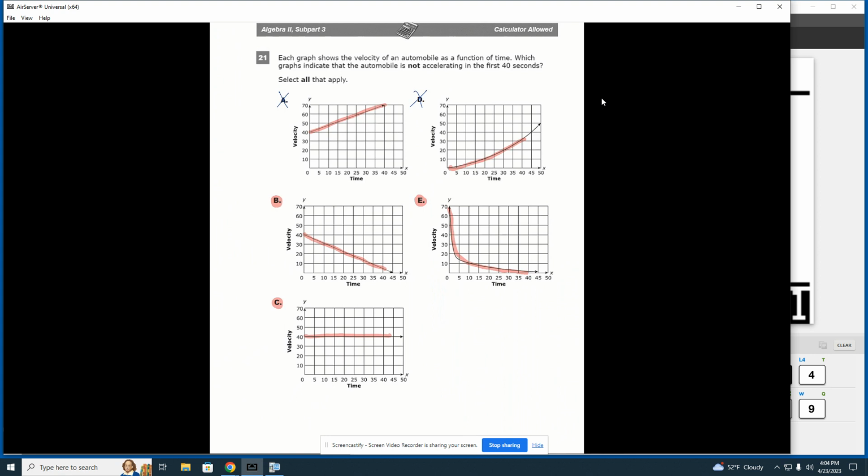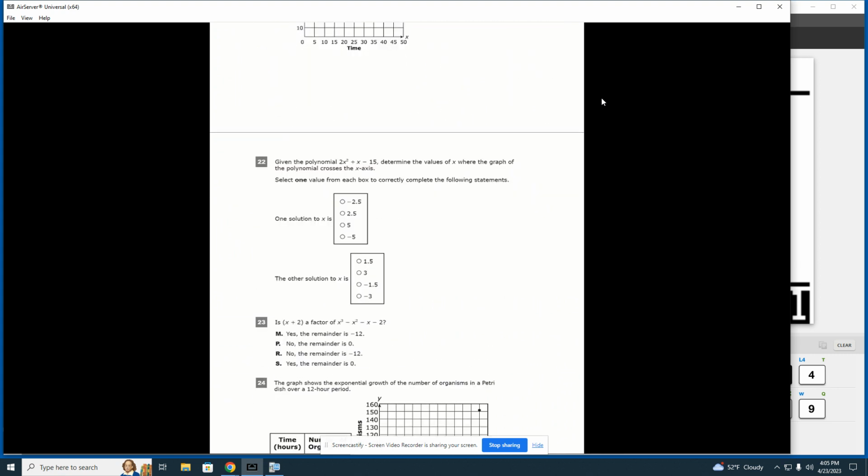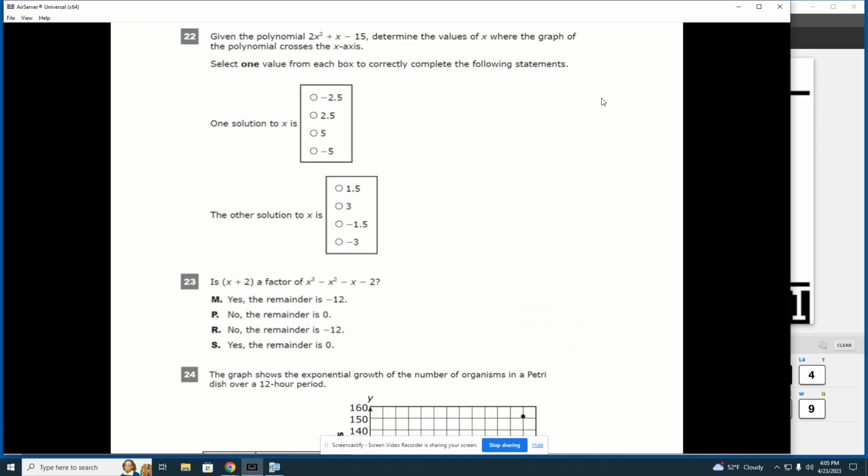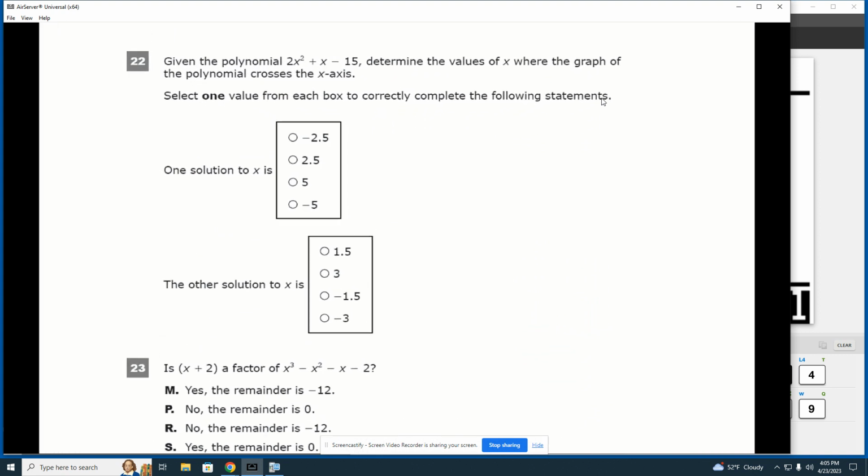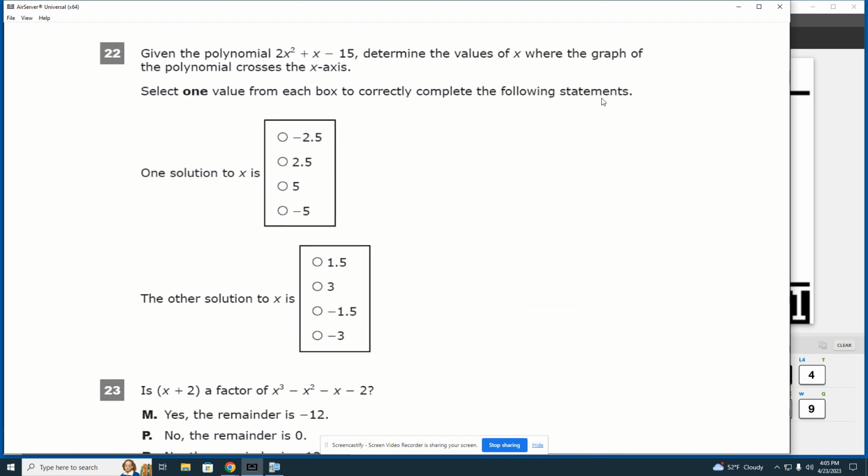Accelerating means it's going up in speed and velocity, so the ones that show that it's not going up have to be the ones that are not accelerating. There's 21. 22. Given the polynomial 2x squared plus x minus 15, determine the values of x where the graph